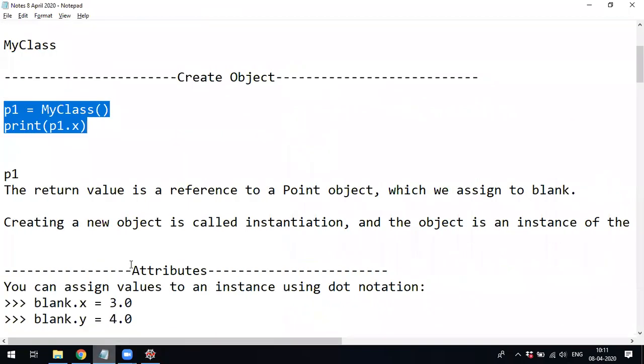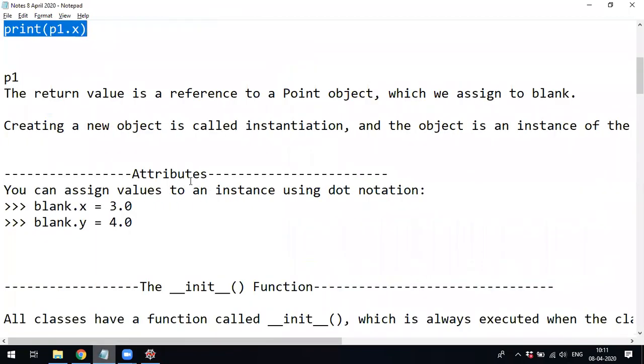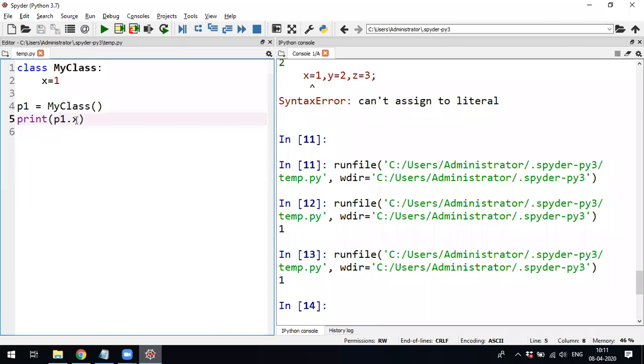The next thing is, if you want to assign a value to the instance variable, here what you have seen is print p1.x. I want that attribute to be changed to 200. In that case, what I'll do is object name dot x equals 200.